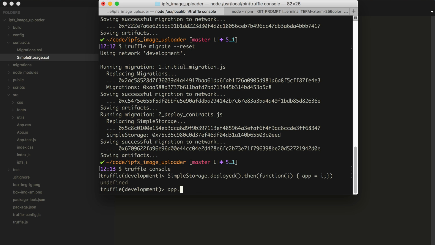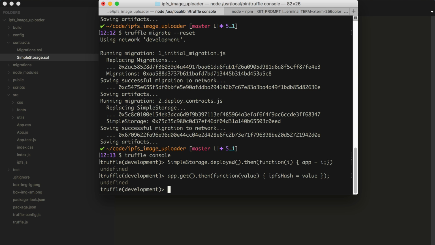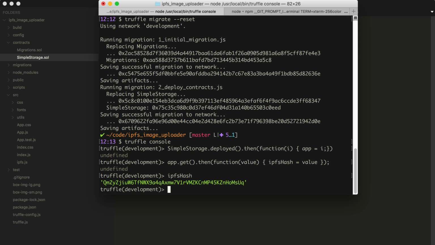We'll say app.get().then(function(i), and we'll say ipfsHash equals, let's just say value. ipfsHash equals value. All right. ipfsHash. Boom. And that is the proof, ladies and gentlemen, that we have stored the IPFS hash in the